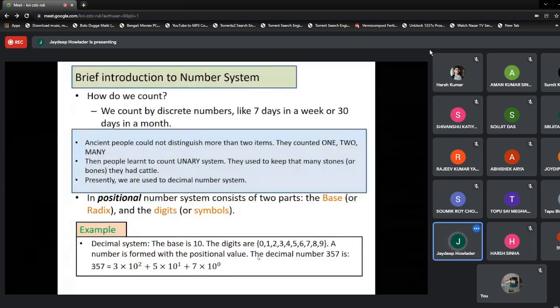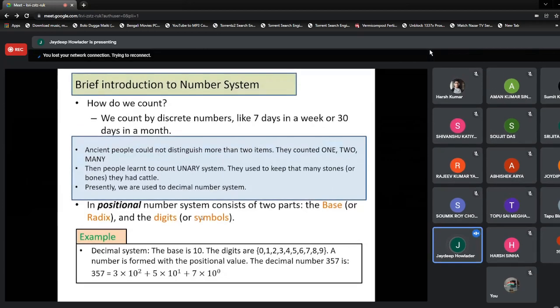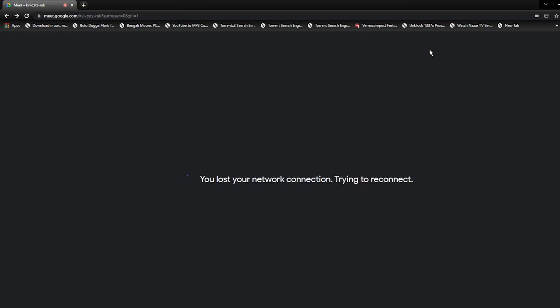Before we go through this part, let us try to express what number systems are and how we represent numbers. We'll try to explain how integers are represented, how floating point or real numbers are represented, and how signed or unsigned numbers are represented in the computer.